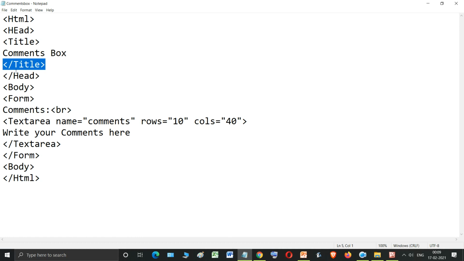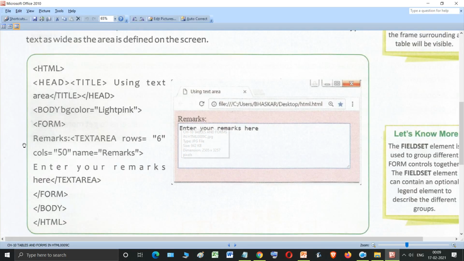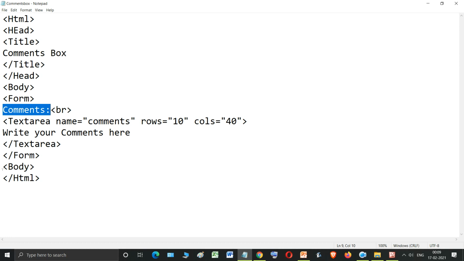Then they have closed the title. Okay, then the head tag is closed, then the body tag is opened, and then after the body tag, I have opened the form tag. Now I've written comments colon. So this is acting as a label for my text box. Just like they have used remarks colon over here, I have used what? Comments colon. And now I've used an extra tag, that is the BR tag. You know this BR tag is used to break the line.